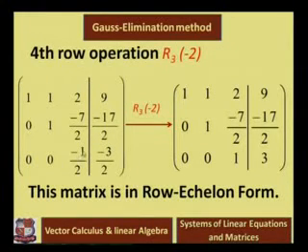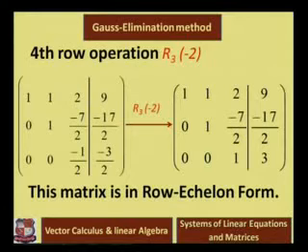Again notice in the resultant matrix, there is the position of the third leading one entry, but there is still minus half. So to convert that entry to 1, take the operation R3 minus 2, meaning multiply this row by minus 2, and the resultant matrix is this: 1, 1, 2, 9, 0, 1 minus 7 by 2 minus 17 by 2, 0, 0, 1, 3, and this is the required row echelon form.